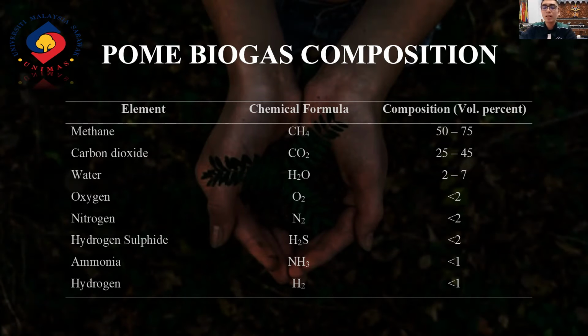From the literature review, the variables that affect the composition of biogas are hydraulic retention time, HRT, which is a unit measurement of time, or how long the POME will spend in the reactor. And then we have solid retention time, SRT, which is a parameter that has substantial effects on methane generation. And we also have organic loading rate, which is critical in attaining